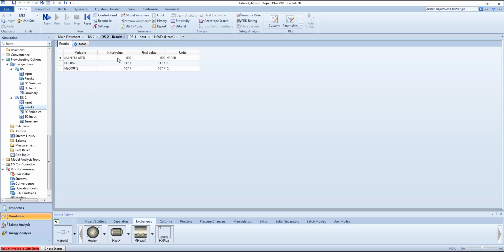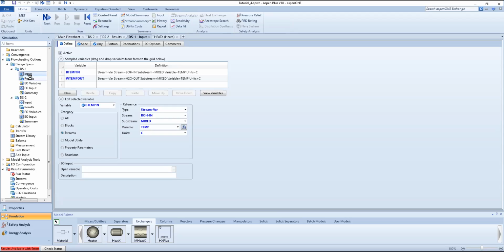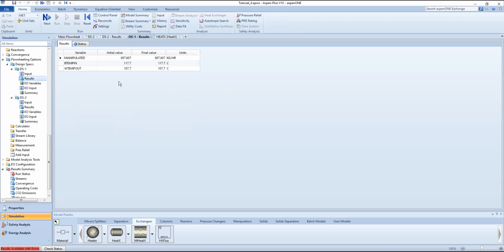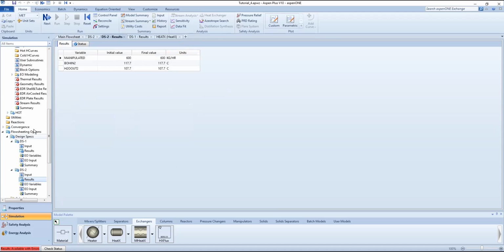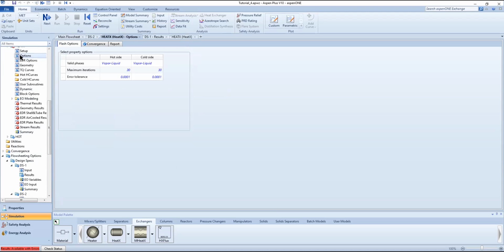As you can see, manipulated 600 final values. So it actually didn't run because it gave us an error immediately. Last time when we ran it, we should get 697. However, this time it stopped running immediately. This could be because we disabled this temperature crossover. So it's not running, it's stopping immediately